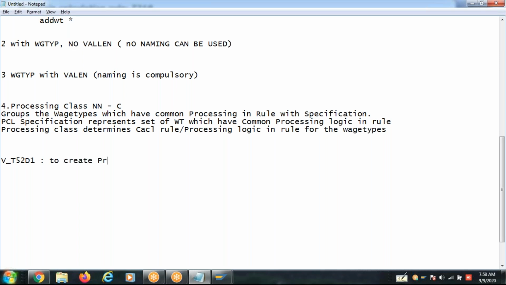Create processing class, and T52D2 to create specification for each processing class.